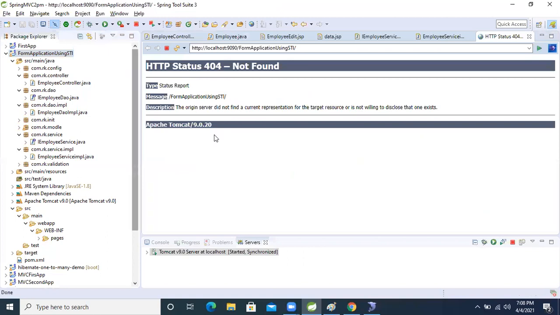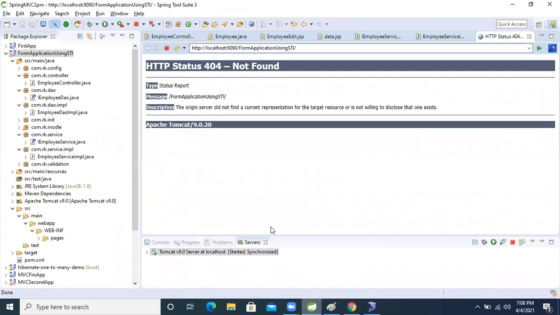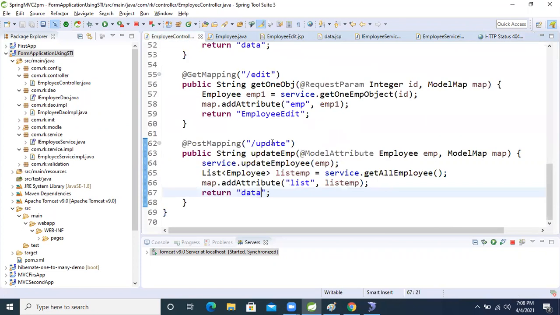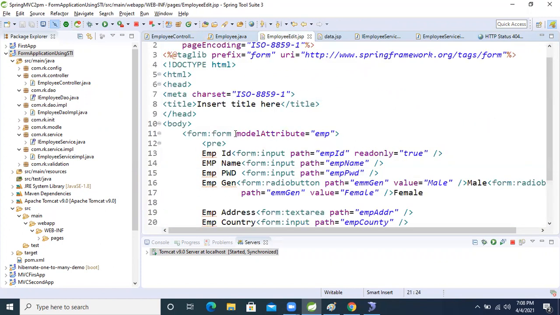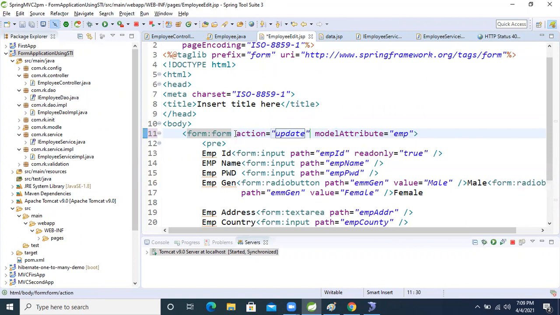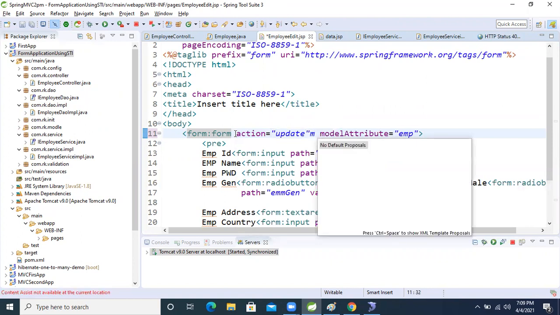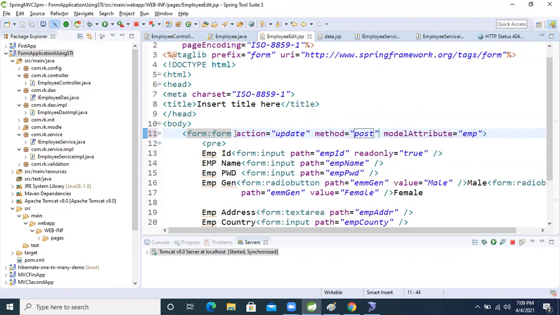Okay, so our application is running now, guys. Come here. This is the form, right? One thing we made a mistake in. What is the controller? Update. This is the edit page, right? Inside that we took the model attribute, but we also need to give the form action. Inside the action we will pass that URL. After that, the method we will use is post. This one I made a mistake.